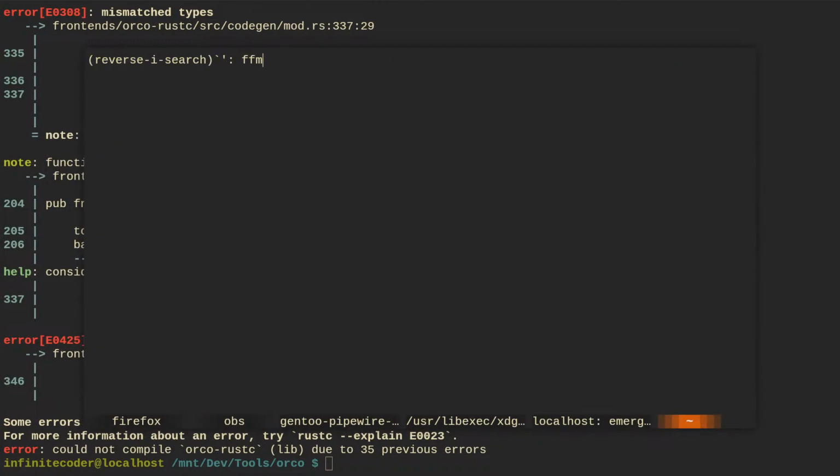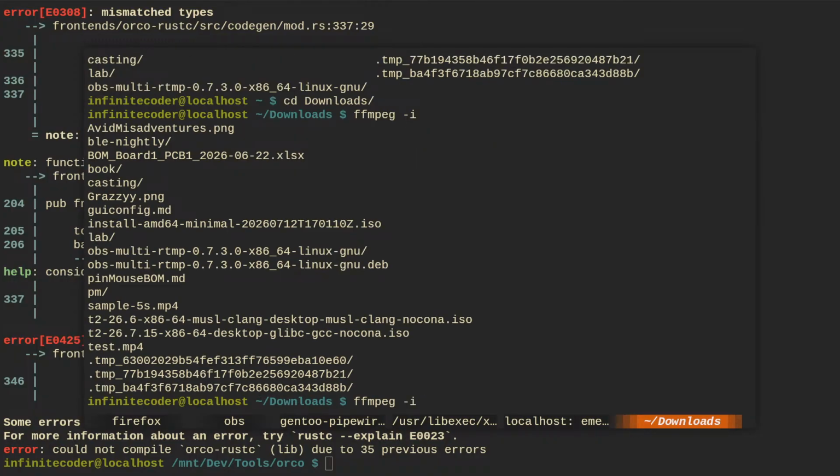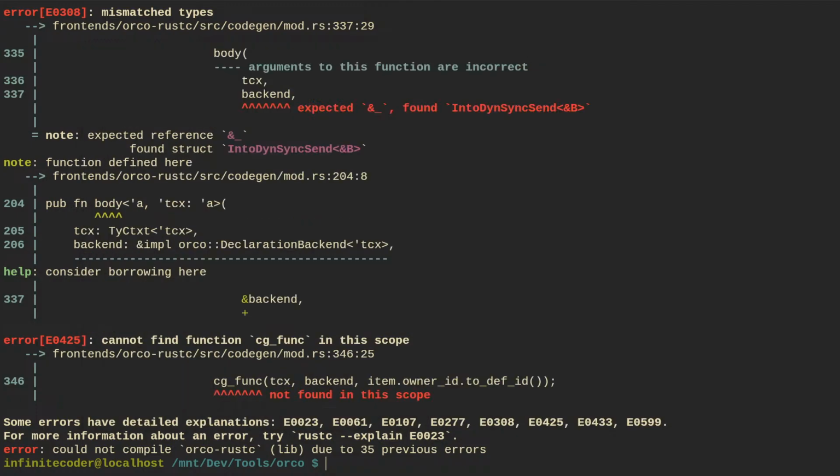Probably not going to help. Okay, cd downloads, FFmpeg dash I. What do we have here? Sample, dash C colon V, or what was it? Well, let's check.